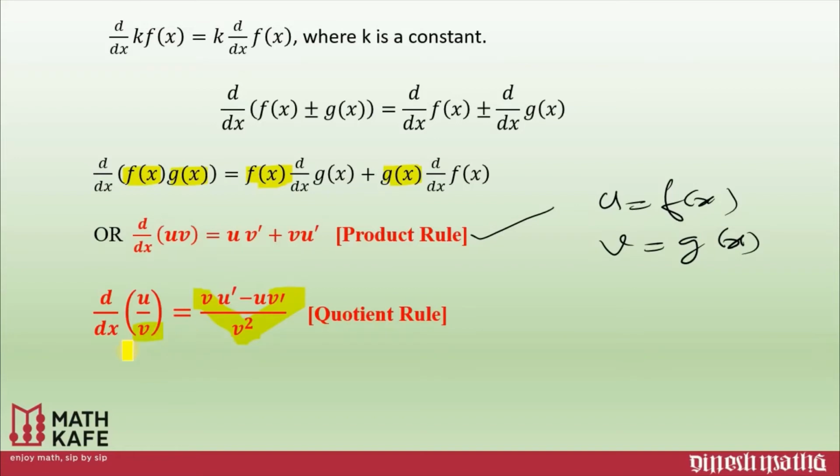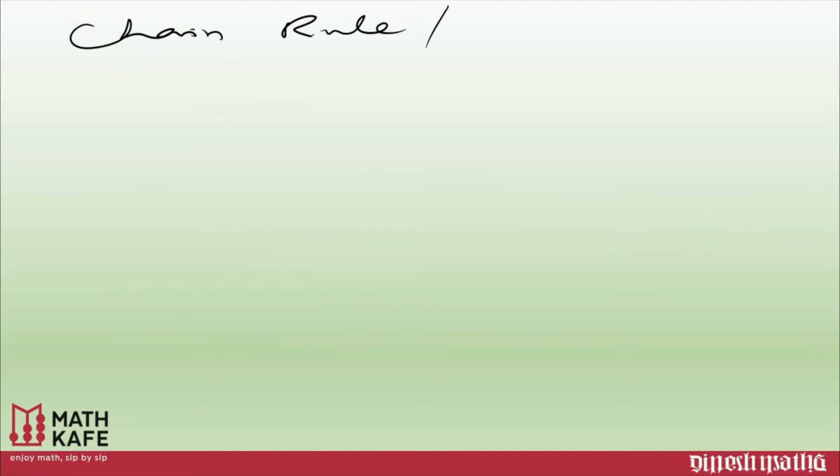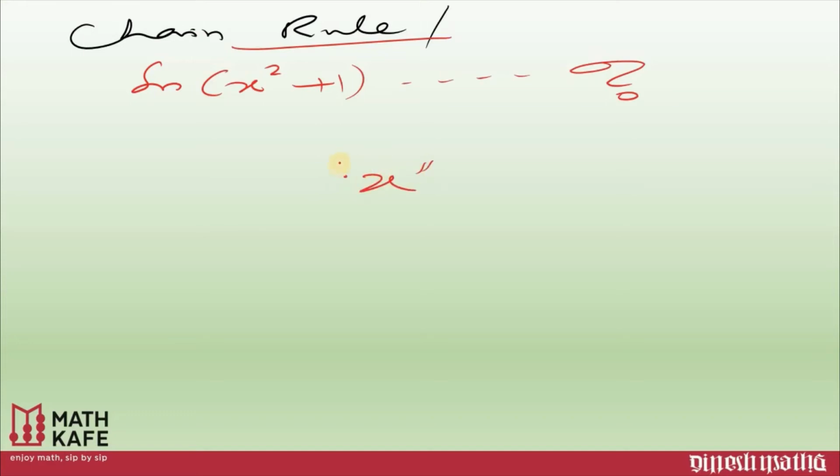Now we'll go for the actual topic of the 12th standard, chain rule or function of function rule. You need to differentiate, say, sine of x square plus 1. How do we differentiate the sine of x square plus 1? There comes this chain rule or function of function rule. Now in all these functions, you have to recall a fundamental fact. Every function whose variable part is x, that's what we have learned. Whenever you learn the derivative, the variable part is always an x. For example, x to the power n or sin x, cos x, tan x, anything you take, the variable part is always an x.